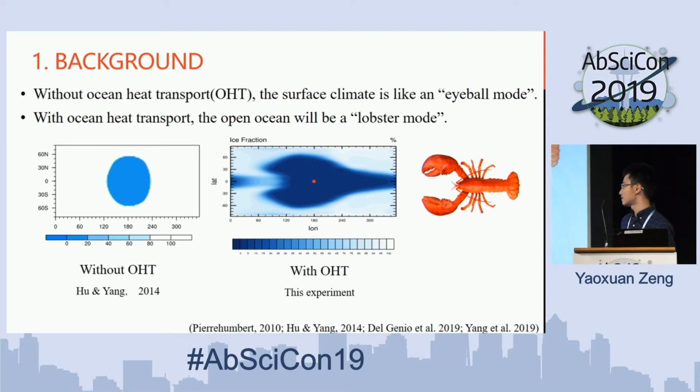We call it lobster mode because it is like a lobster with two claws here and a long tail to the night side. And this is very significant for the habitability of a planet, because ocean heat transport can warm the night side,